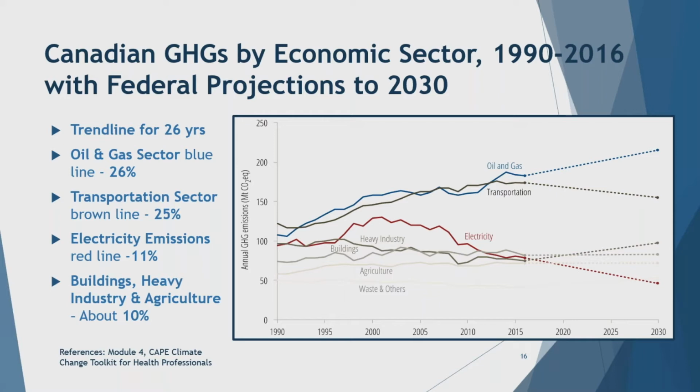The reason it stays above zero is because they are allowing natural gas plants to replace some of those coal plants, and that would have to be eliminated by 2050. When you look at buildings and heavy industry and agriculture, they all hover around 10 and 11%